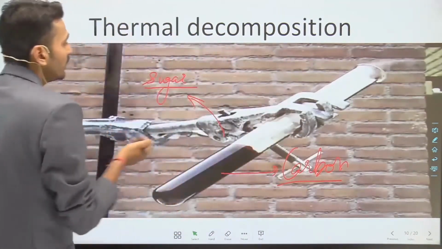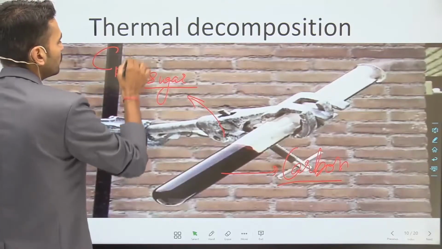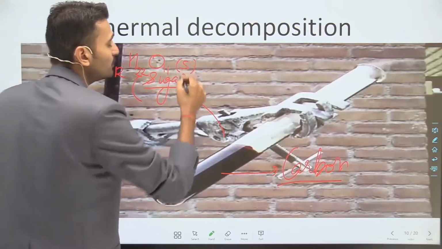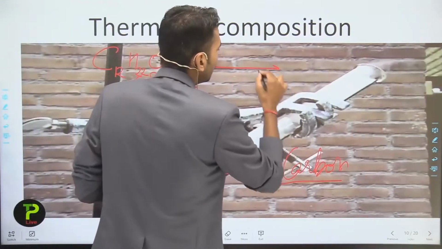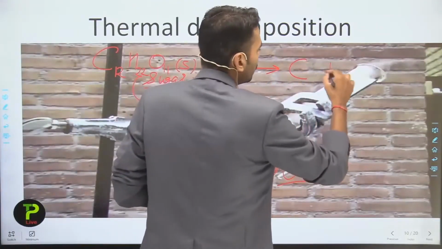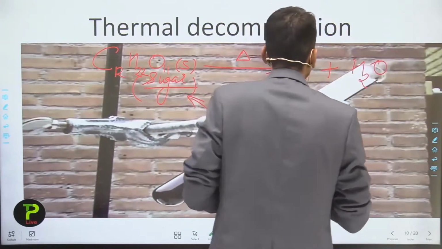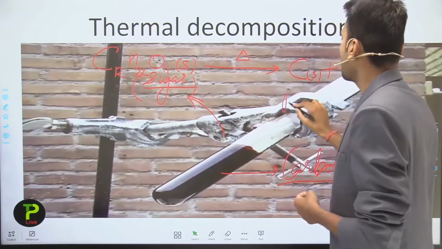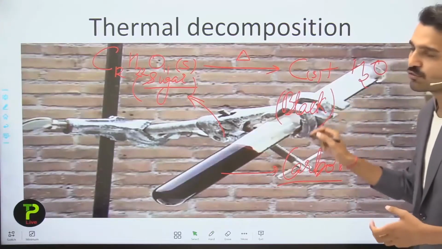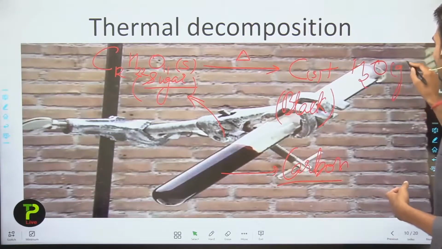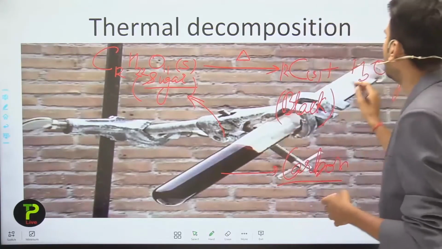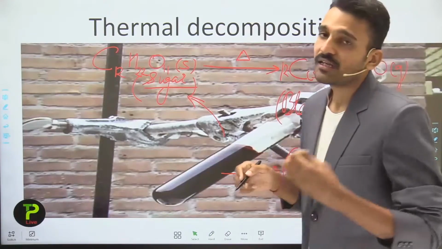So writing the reaction, that is sugar, C12H22O11, which is the formula for sugar, since it is in the solid state. When we are heating it, for heating I have written the symbol delta, and it forms carbon plus H2O. So here carbon is in the solid form, which is black in color, while the water vapor here, you see, is coming out of the test tube. So here the water is in the gaseous state. So on balancing this reaction, that is 12 and 11 here, this is a balanced reaction.